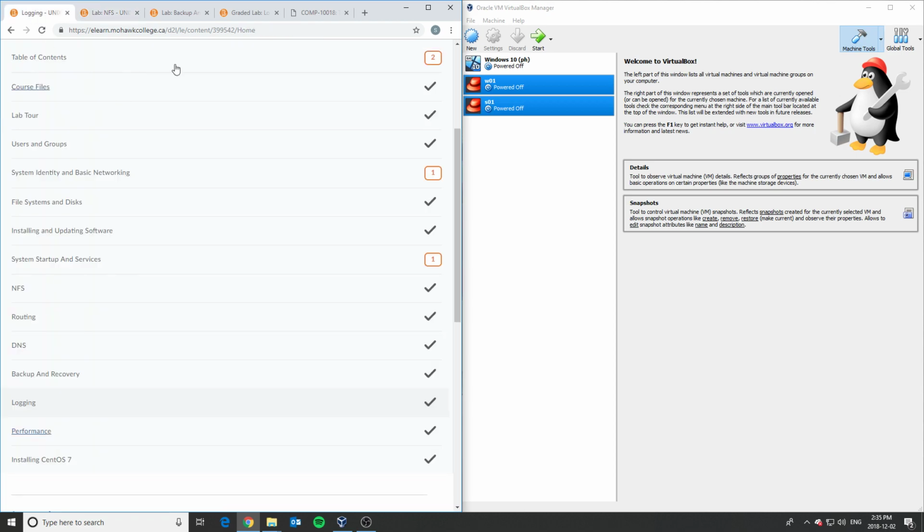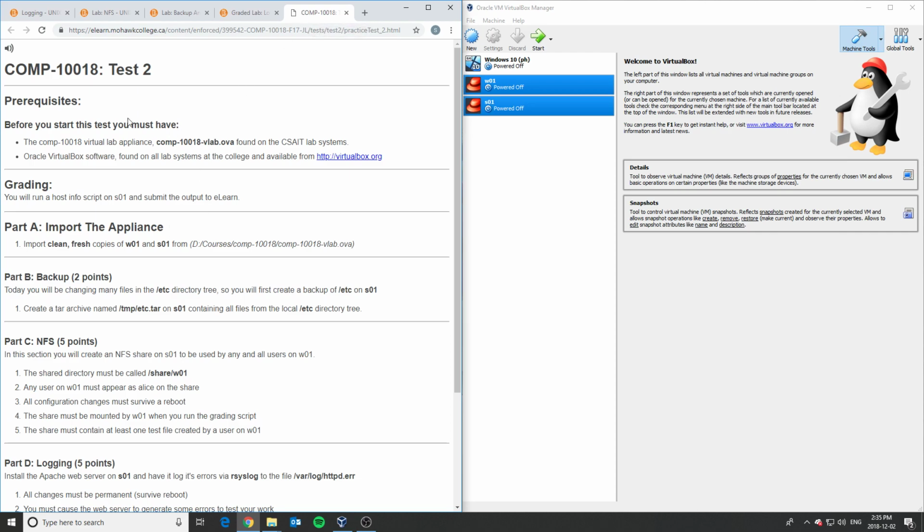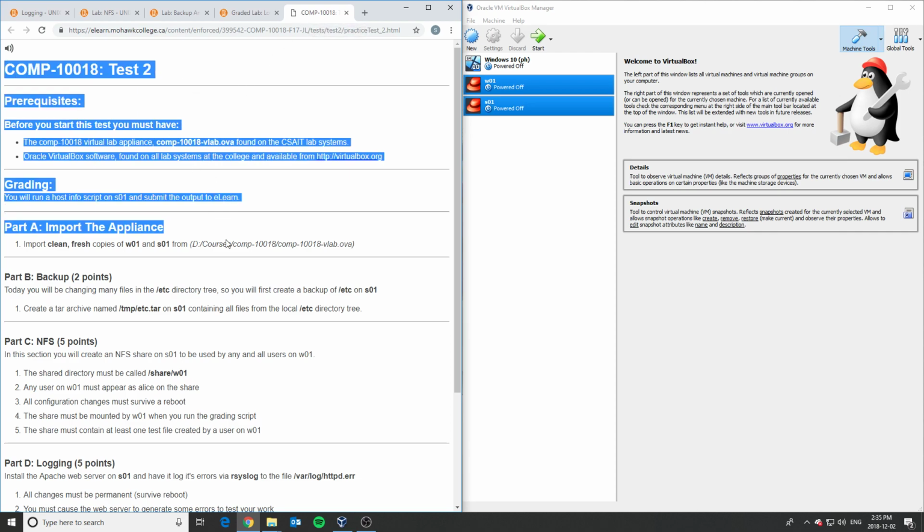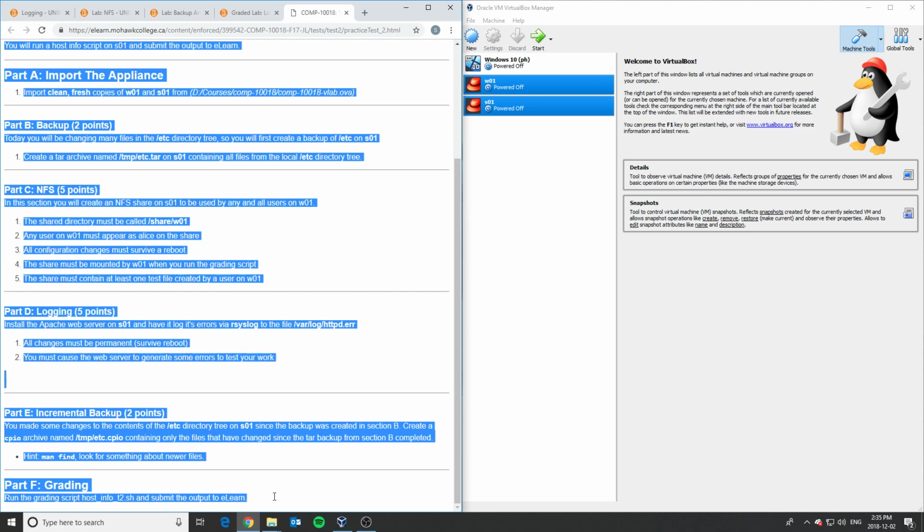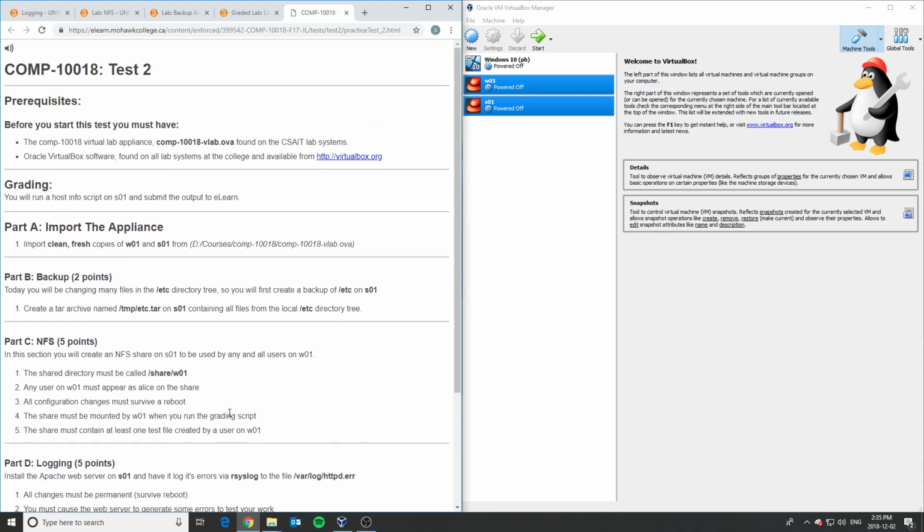So when it comes down to priority, first priority, make sure you understand how to do the practice test with no problems. Second, make sure you know how to do the practice labs and make sure you go through them to the point where you know where to find the information you're looking for if you need to look for it. And the final thing is, if you have time, try to do the grade labs just to challenge yourself,